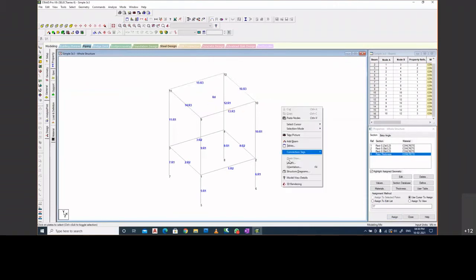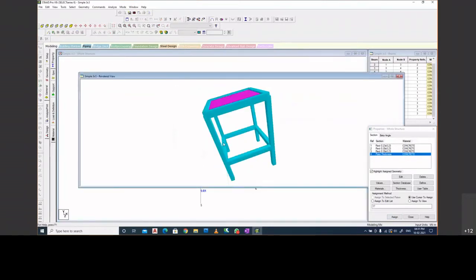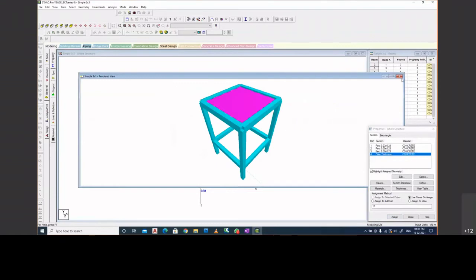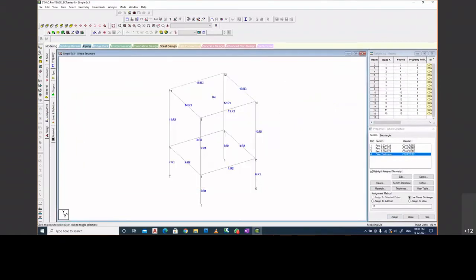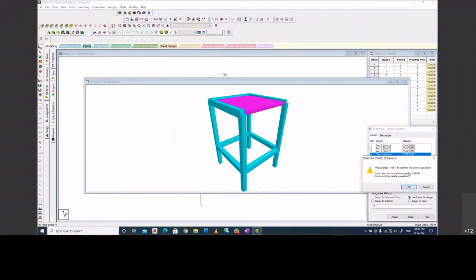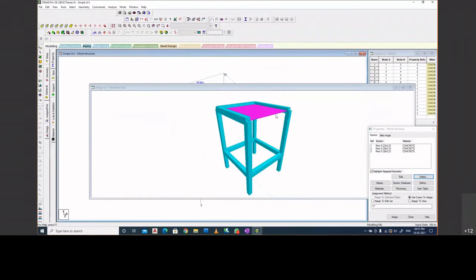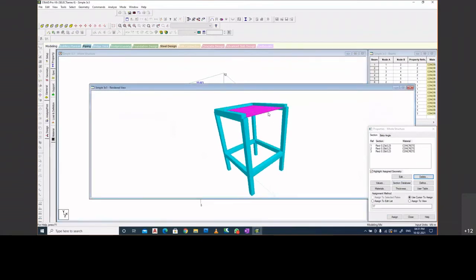Let us come to the rendered view again and see how it looks like. So this is how your slab looks like. Before assigning the property for the slab section, let me just remove one of the beams for you. Let me just delete it, so that you can get an idea if the thickness of the slab is also there. If I remove the property of the slab, you see that property is no longer existing here. And if I come to the rendered view now, you see the thickness is lost. The thickness is not there.